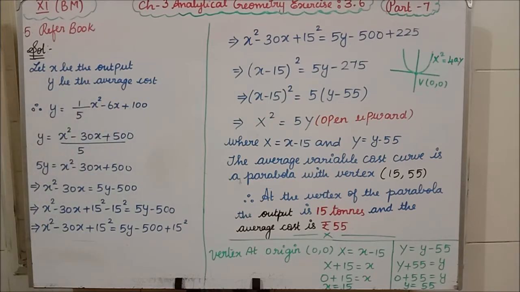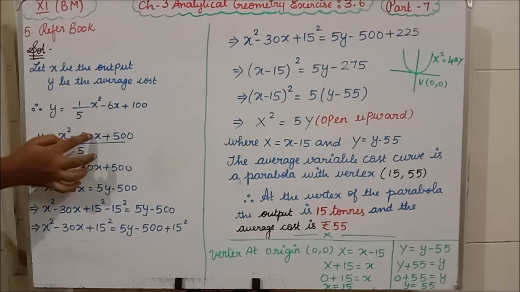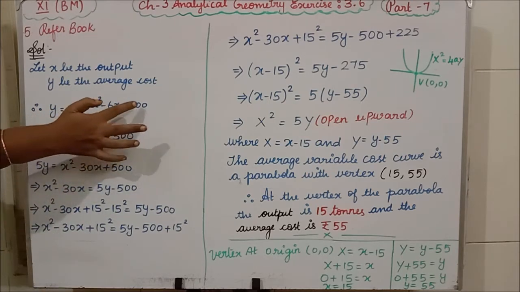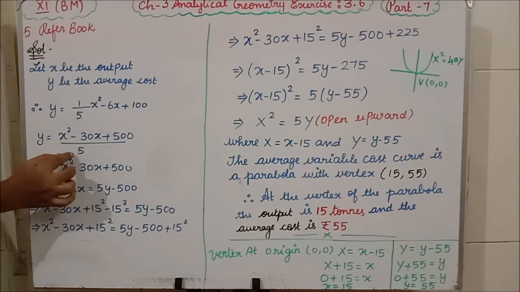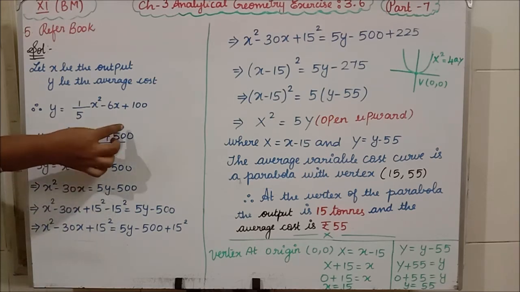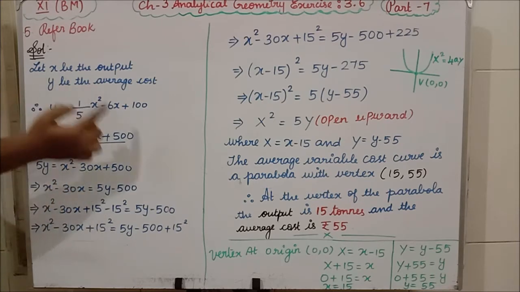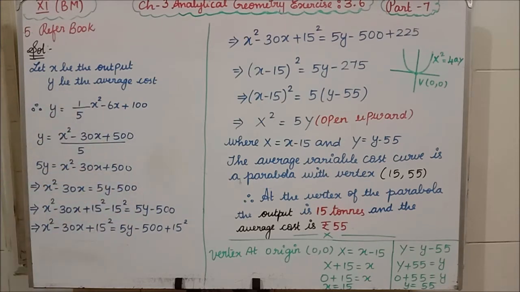We are doing the LCM process here. Now y is equal to x square over 5. I am cross multiplying. What will I get? 6 5s are 30, and 6 5s are 100. All divided by 5. Then in the next step, cross multiplying, 5 into y is 5y equal to x square minus 30x plus 500. Here in the next step I am taking x square minus 30x alone, and taking minus 500 to the other side with 5y.